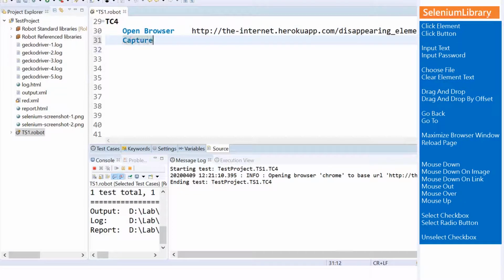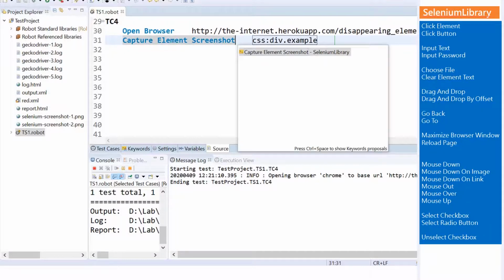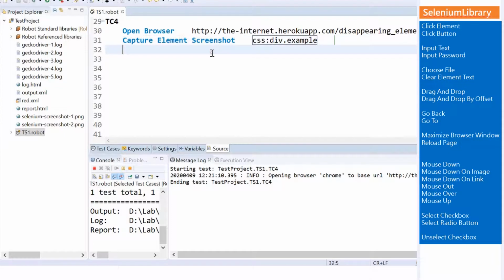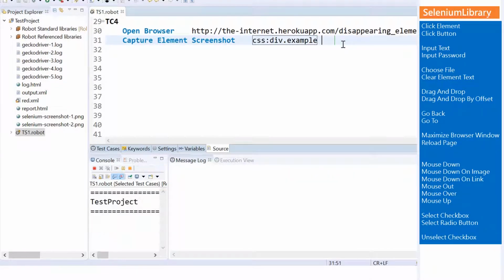So I have that URL here in open browser, and then we have function capture element screenshot, and then in the locator I need to give the locator using any technique, right? So in this example I'm using CSS selector. So this will be saving the file in the default project location, and it would also give a default file name here, right? So second argument is file name. If you want to give a specific file name, you can also give that file name, and it will save the screenshot with that file name. Alright, so if we run it, you can see,